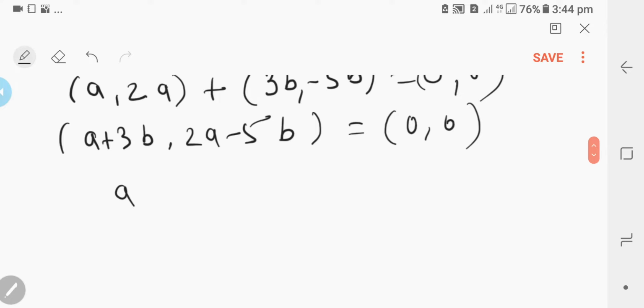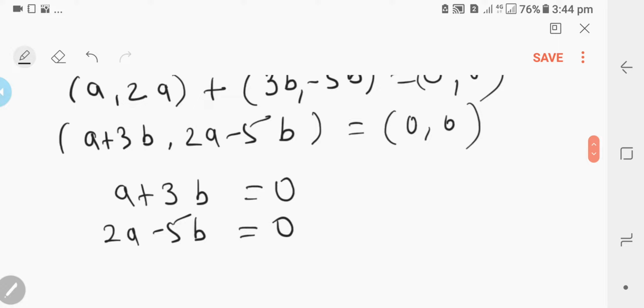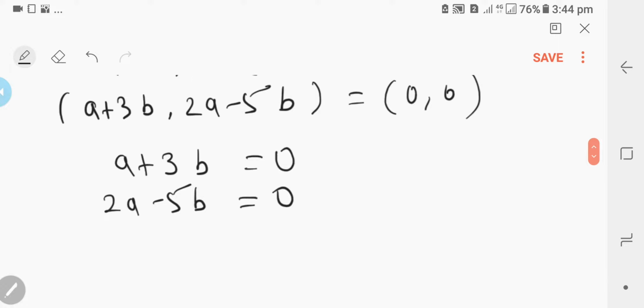Now, a plus 3b equals 0, and 2a minus 5b equals 0. If you solve them,